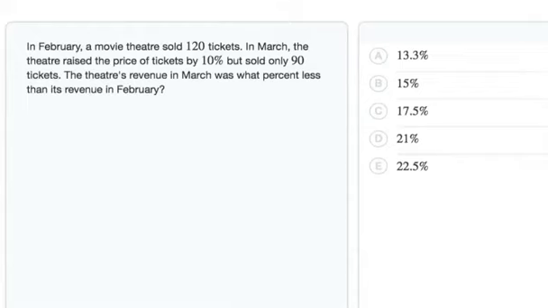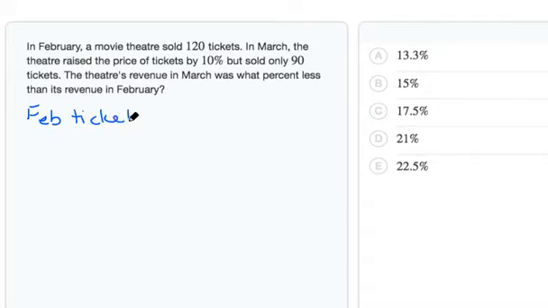Although we do not know the price of a ticket, the actual price doesn't affect the percentage since the ratios will stay consistent. So for this problem, we can pick an example price that's easy to work with. Let's go ahead and pick, let's say that the February